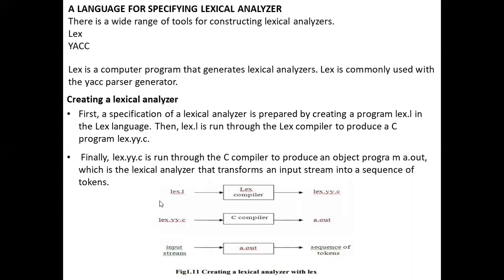So Lex converts input into tokens, and tokens are converted into the actual part that is used for the parsers. A sequence of tokens is called information. Clear? First lex.l passes through the Lex compiler, which produces lex.yy.c, a C program, and this C file is passed through the C compiler and the actual output is produced. This is the overall scenario of how the language works for a lexical analyzer.